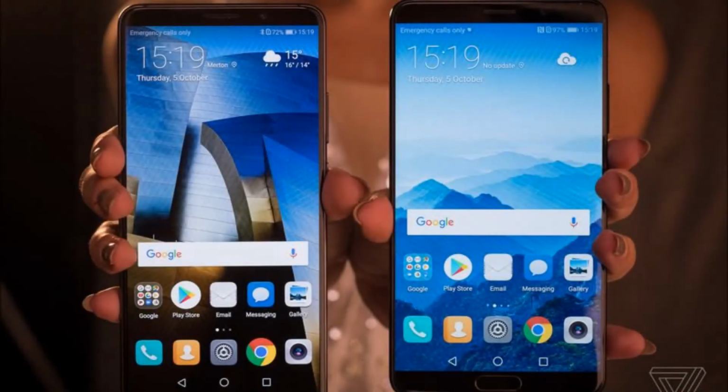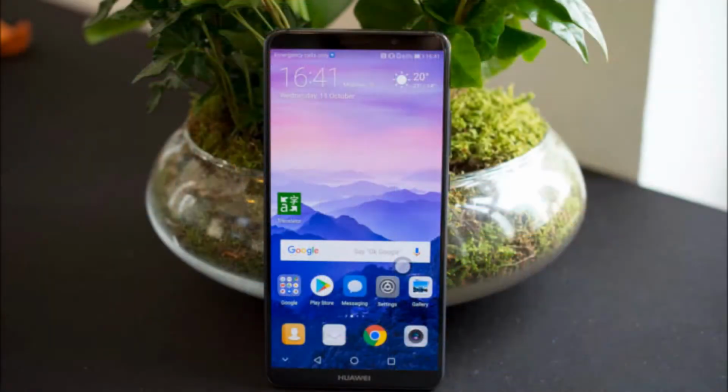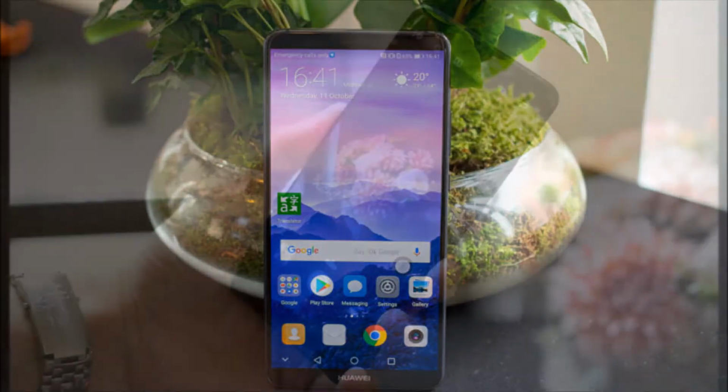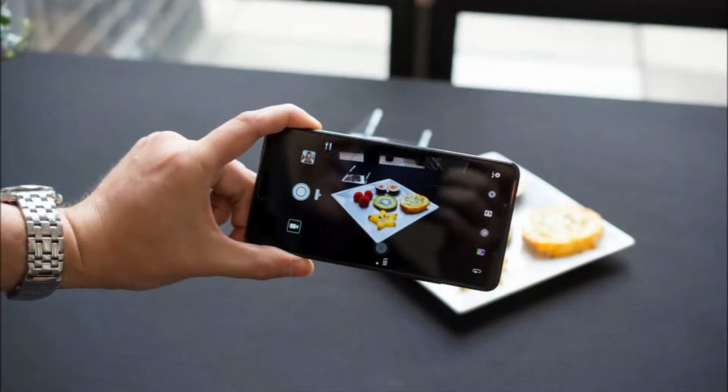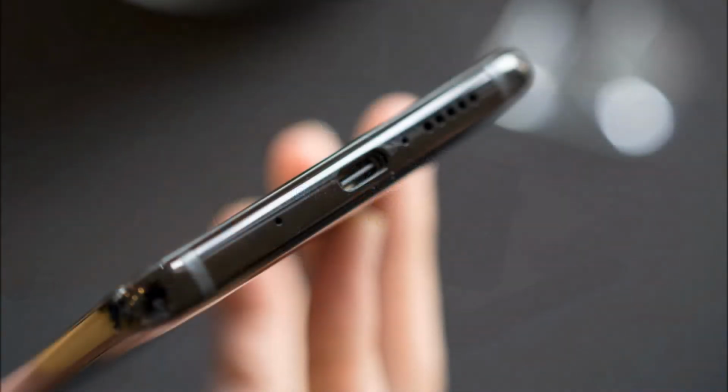Huawei launches first smartphone with its own AI chip to challenge Apple's iPhone X. Huawei launched a new flagship smartphone Monday, the first to contain its own artificial intelligence (AI) chip that could help it compete with Apple and Samsung. The Huawei Mate 10 series of high-end devices includes the Mate 10, Mate 10 Pro and Special Edition Porsche Design